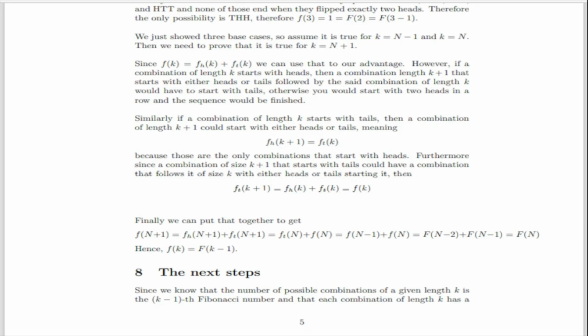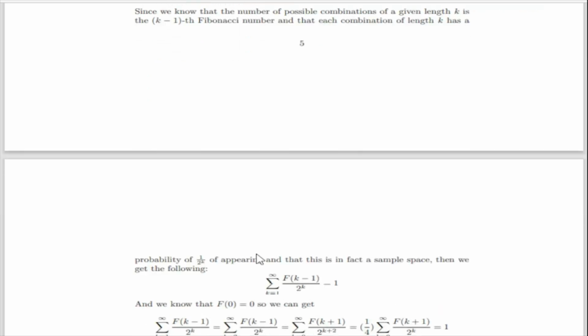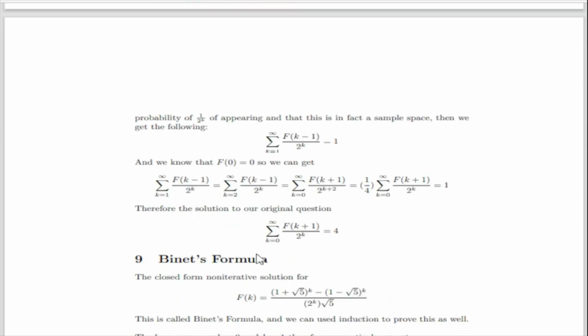Therefore, since f of n plus 1 equals capital F of n, we get f of k equals capital F of k minus 1. Well, what are the next steps, right? So, since we know that the number of possible combinations of a given length k is the k minus 1th Fibonacci number, and that each combination of length k has probability of 1 over 2 to the k of appearing, and this is in fact a sample space, then we finally get the sum from k equals 1 to infinity of capital F of k minus 1 over 2 to the k, which we know it's a sample space, so